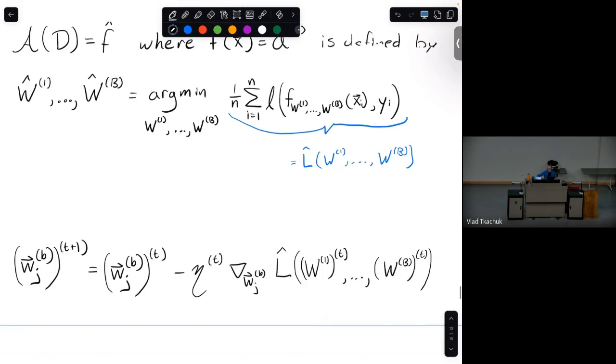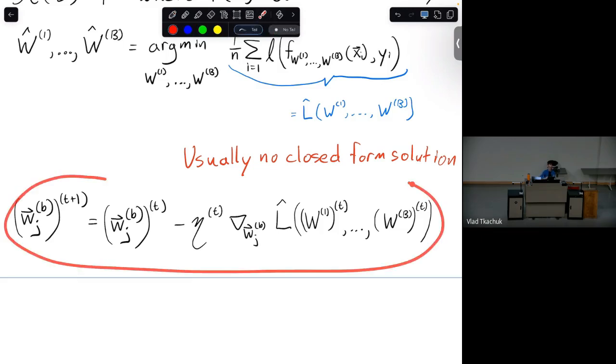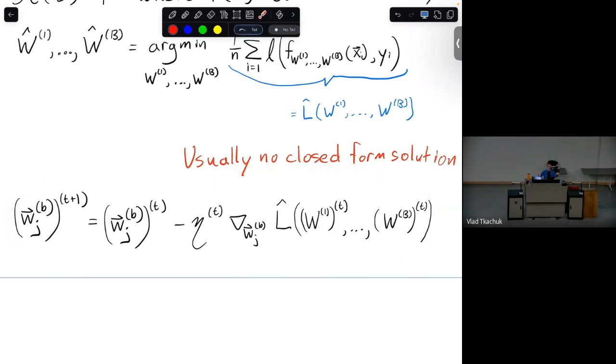Okay. And the last, maybe there are 3 things to very quickly note. It turns out that when you use these neural networks, you run into the first problem, which we've seen before: usually no closed form solution. So that says we must use gradient descent. That's this equation below. The equation is as everything we've seen before. You just take the gradient of the loss.